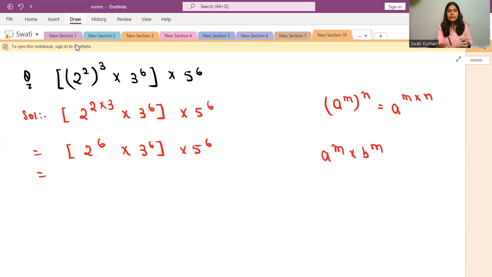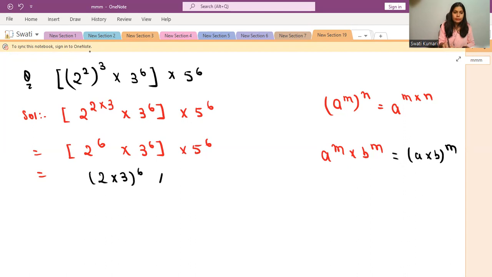It simply means that if we have the powers same and the bases are getting multiplied, then you have to just write down the bases together with multiplication, that is a into b, and then just write down that power which is same as whole. So using this property, we are going to write this as 2 into 3 raised to 6 into 5